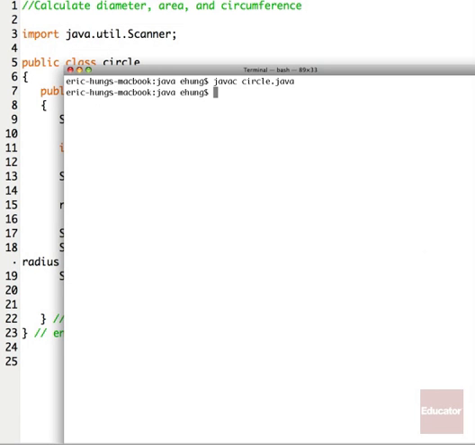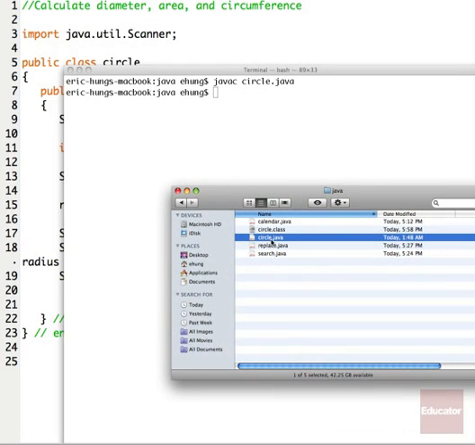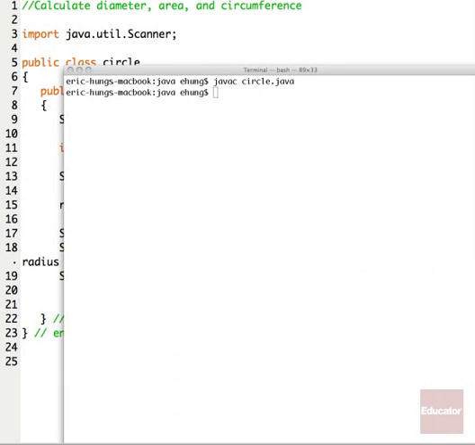And now, when I bring back my window, you can see that the Circle.java file is still there, but also the Circle.class file is there. So that's what's happening when we compile the code. It converts that text file, .java, to a .class file. Now that class file can actually be run here at the command prompt. If I want to run that program, we say we want to run it in Java, so we say java Circle, and when you run the program, you do not need to use the full file extension.